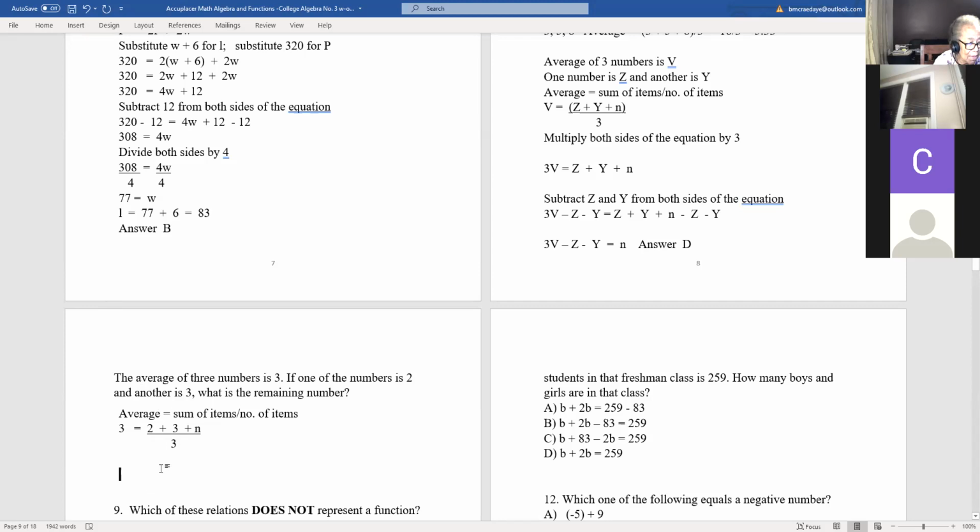5. No, 4. n would be what? 4. Because 4 plus 3 is 7 plus 2 is 9. So n would be 3 times 3 minus 2 minus 3, which is what we had up here, but it was z and y, right? So n would be equal to